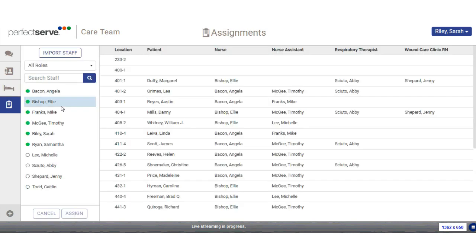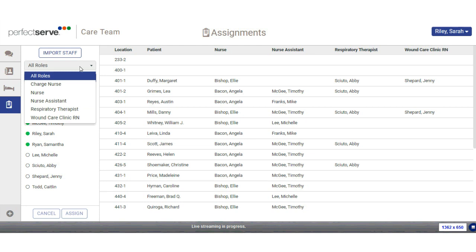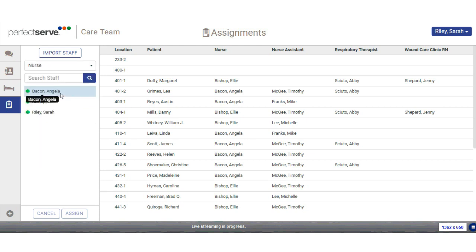In the top left, we can choose different roles to assign. Each role can have a different source of truth, and that source of truth can even differ by unit. So nursing in 4 West may manually make assignments, but in the ICU,